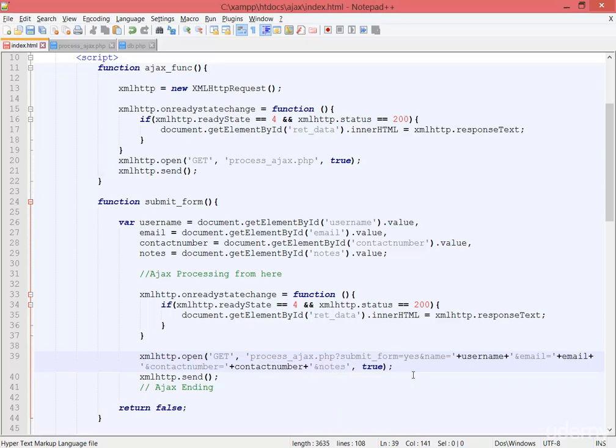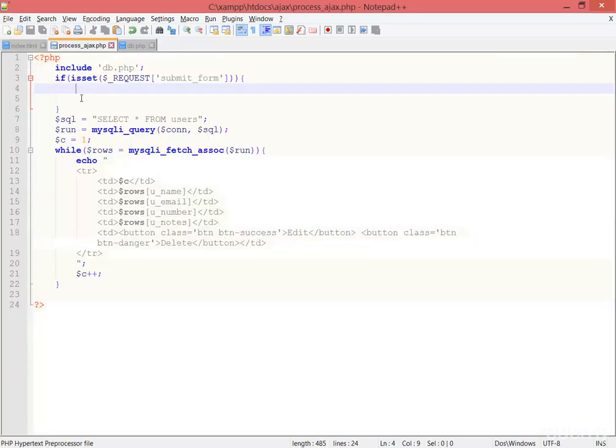But before that, use the ampersand. You know, we are declaring a new variable, so we need to add the ampersand sign, the apostrophe sign, and the equal sign, and the value for that. Notes. Okay, awesome. So now we have the comma, that means it's separated from this true, so this is perfect. Go to the browser, and here what I'm going to do, I was printing the form has been